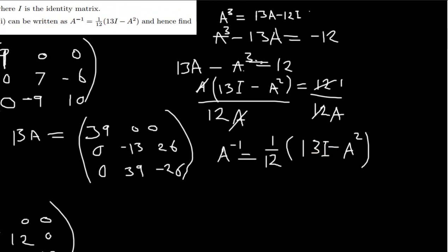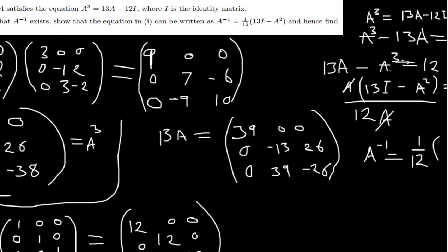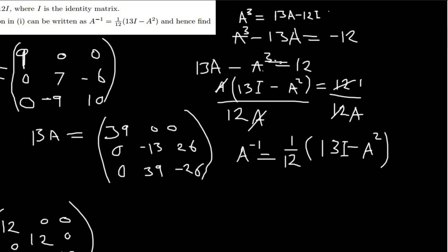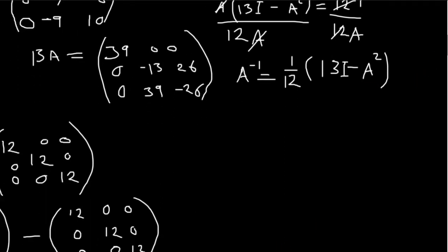So from here the question is saying hence find the A inverse. So meaning what I'm going to do here, we're just going to find the inverse of this matrix by using this same given expression. So the inverse of this matrix is now going to be equal to